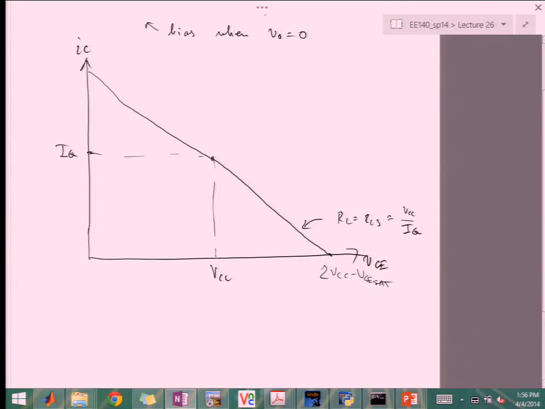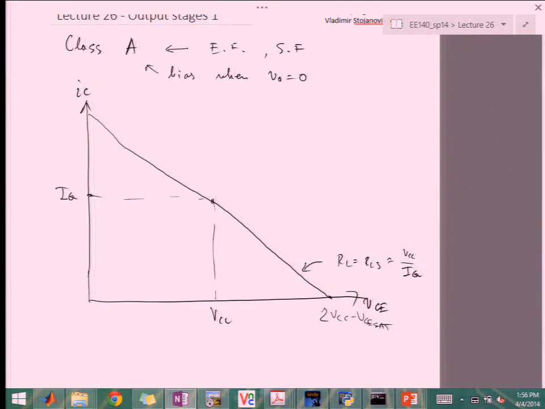If you start drawing the power lines, remember PL is 1/2 VO max times IO max. In this space, VCE versus IC, these are going to look like parabolas. We're going to draw a PQ. So PQ will be IC times VCE. And,